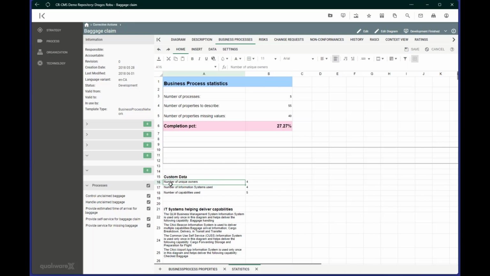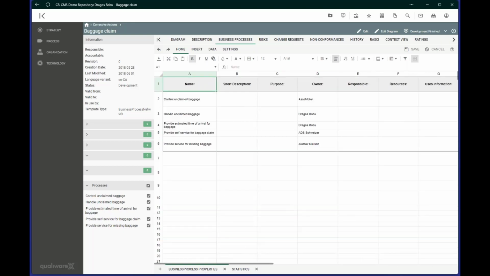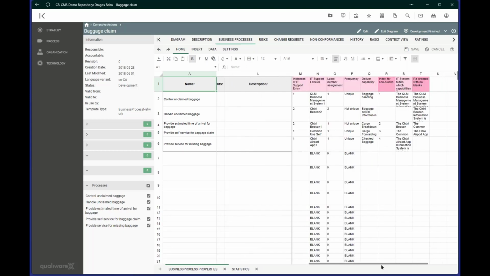So one from my earlier example, where I wanted to find the number of unique owners. So it's using COUNTUNIQUE. And these two are using the same formula to find the number of information systems and capabilities used. Now for the IT systems helping deliver capabilities section here, I wanted to show what IT systems are used in this BPN and what capabilities they help fulfill. So this was built from a composite of various formulas located adjacent to the dynamic field in the main spreadsheet tab, and I'm going to tell you in a second why this is actually not best practice